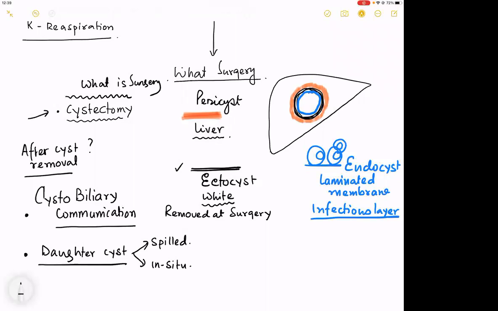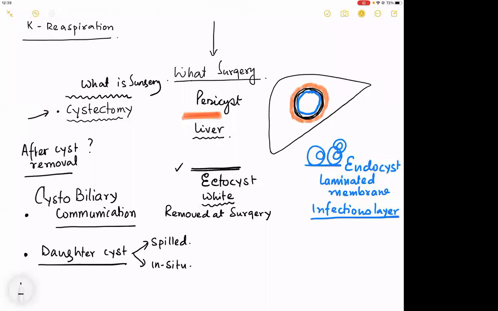How do we come to know whether it's an ectocyst or a pericyst? The pericyst is a part of the liver. You cut the pericyst and then take out the ectocyst. Ectocyst is a part of the parasite. Pericyst is a part of the liver, so the liver is normal. It is like cutting a cake. There is a laddu in a cake, so you have to cut the cake to get to the laddu. That is what is important.